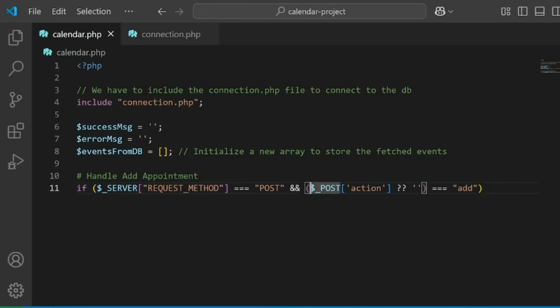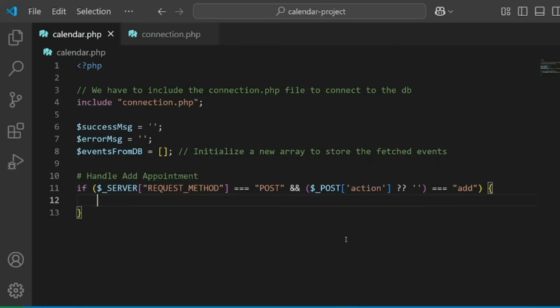And if the post action parameter is not empty, if this action parameter equals add, then we will do something. So this is an if condition that inspects whether the request method is a post, and also the post action property or attribute equals add. Okay,